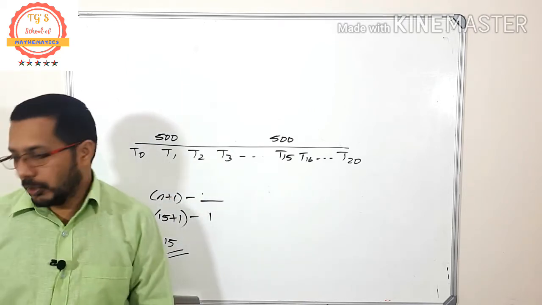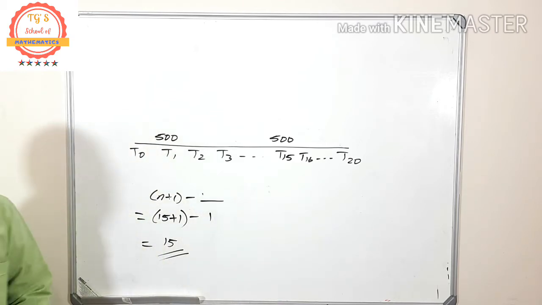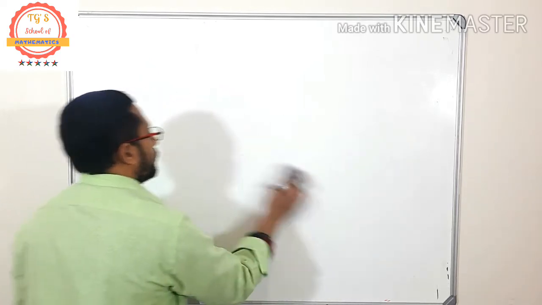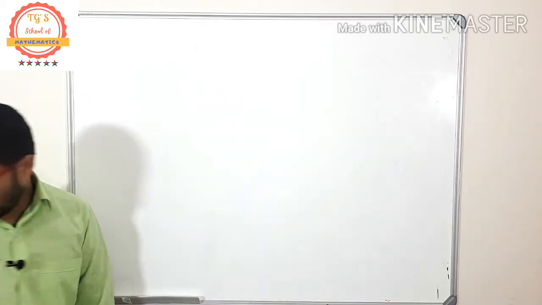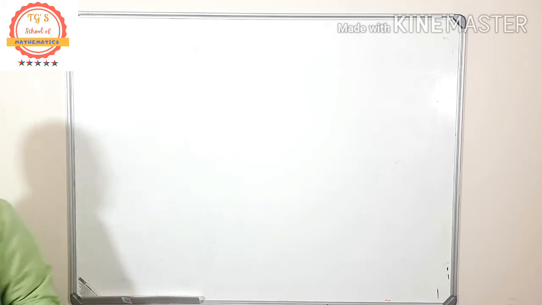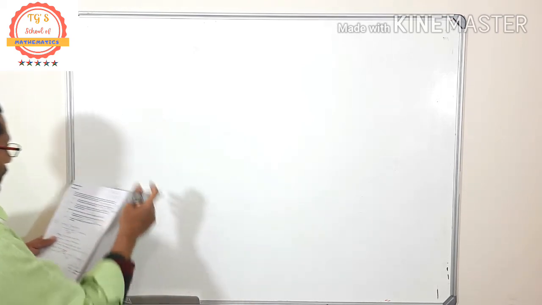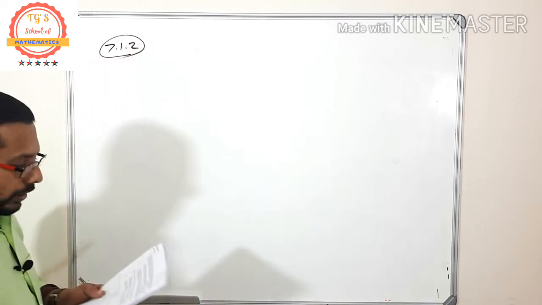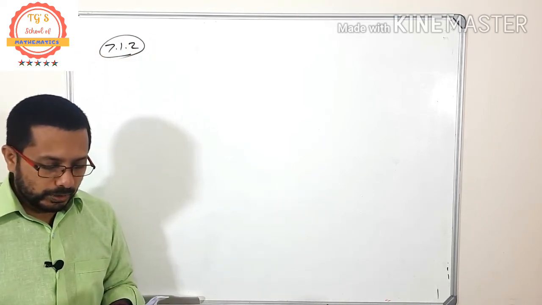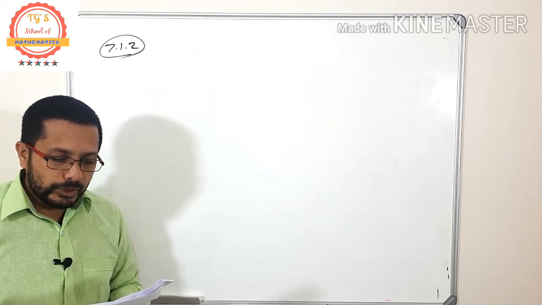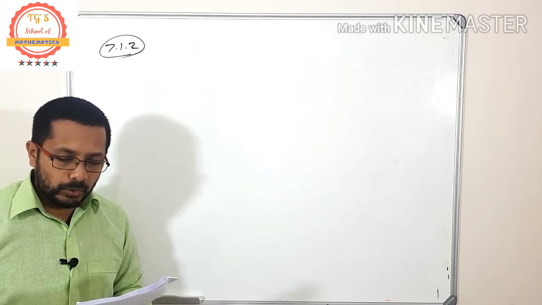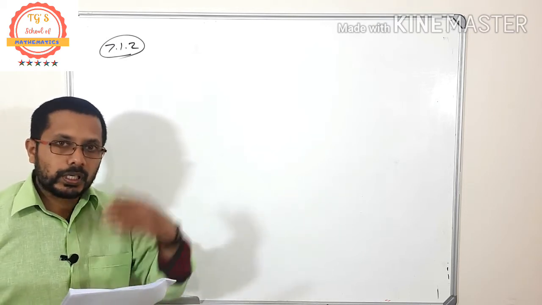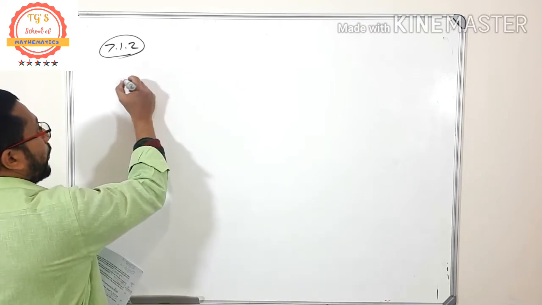Okay, now let's move to the next question, 7.1.2. Read and try to understand the meaning of that question. If Selby decided to withdraw 100,000 from the account at the end of 3 years from now. So this is a continuation of the previous question, so the same number line.